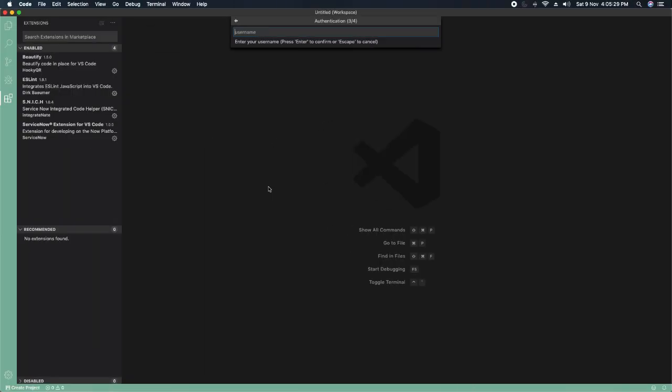I will go back to Visual Studio Code. Here I will give the username which I have used over there, that is sas.admin. I will press enter and then I have to put the password. So here I will type the password. You can't see it. And then I just need to press enter. When I will press enter,